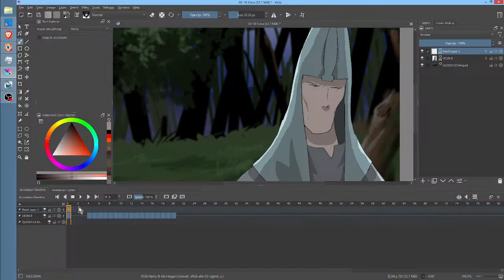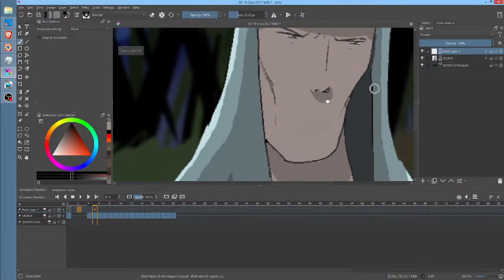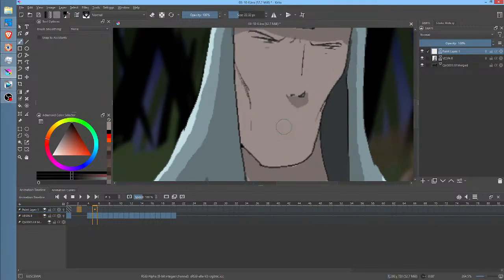So I'm going to hit Insert and not concern myself with his initial mouth shape. Okay, so he's going to say, I just. Okay, so what I want to do is make this black, and we're going to do the traditional anime pattern. What's the traditional anime pattern?